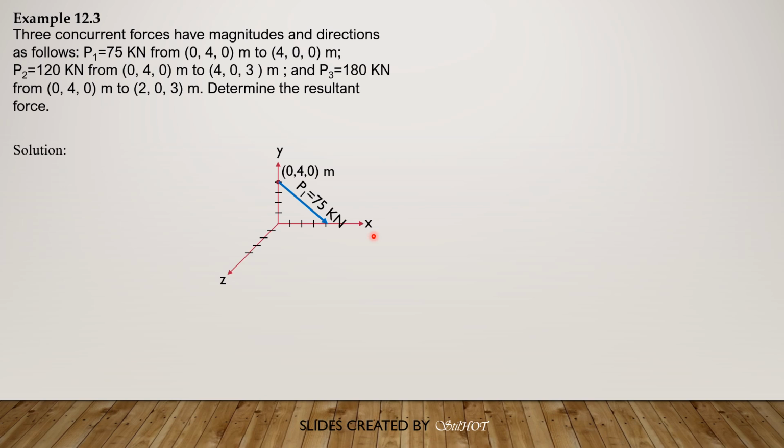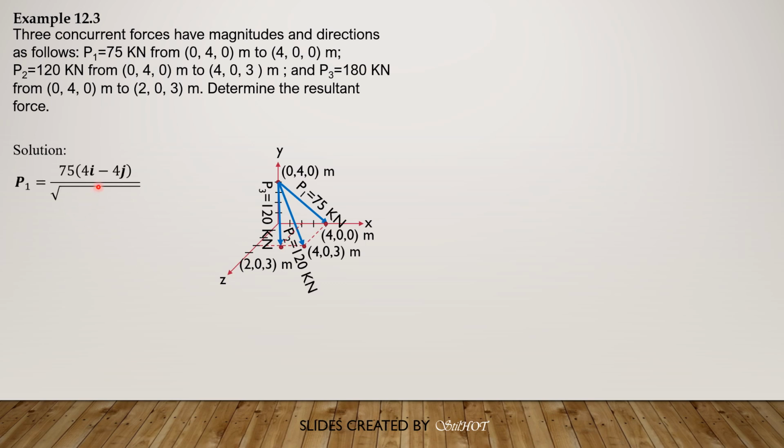For P2, 120 from (0, 4, 0) to (4, 0, 3). So this is 120 kilonewtons and that point is (4, 0, 3). And finally, P3, 180 kilonewtons from the same point (0, 4, 0) to (2, 0, 3). So it's there, P3. So resolving its force into its components,